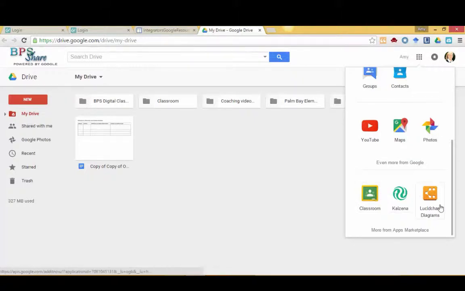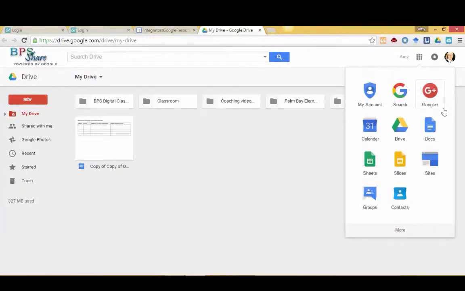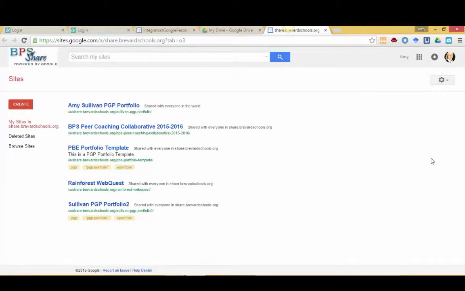So going back up here to Google Sites, just open Google Sites. And to create our PGP online portfolio, we're going to use a template that I've already created. You can see that in this area I already have some portfolios and other web pages that I've created using Google Sites. So I'm going to click on the Create button,